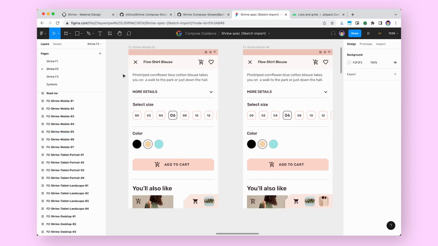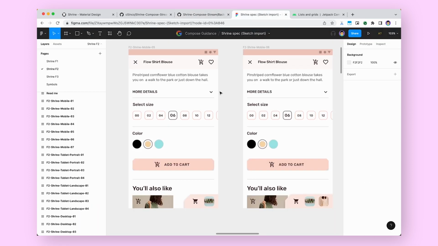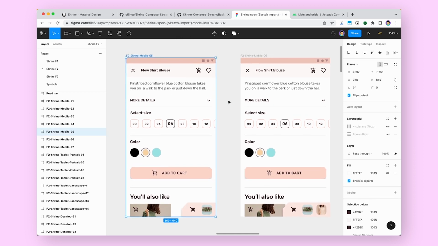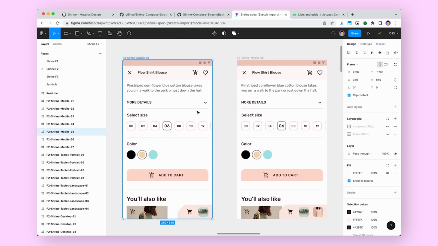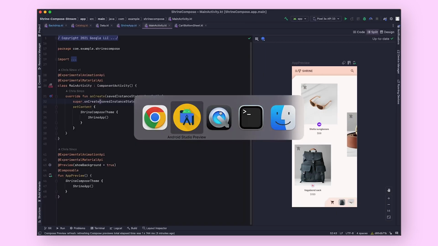But the other thing is, like I said, this is a Material 2 study, and Material 3 is now out on Android 12. The Compose Material library is now in beta and hopefully will be in stable soon. And so with that, I think it would have been fun to update Shrine to Material 3, both from a design point of view and from a development point of view, because now the Material 3 library, we could be using that. So, to review that, if we go back to our dependencies in our project,